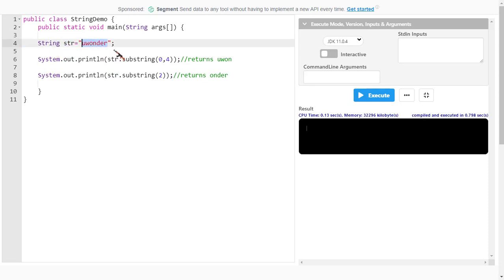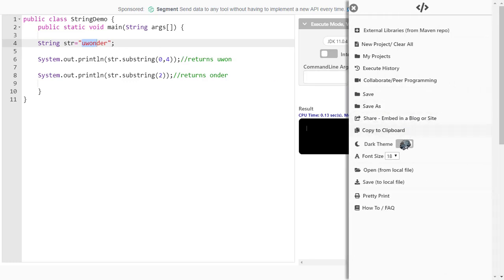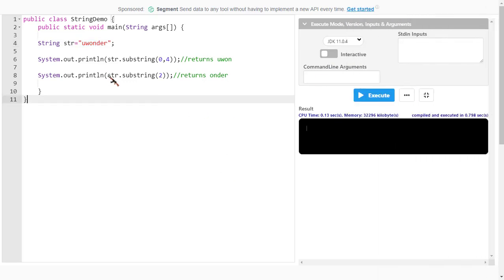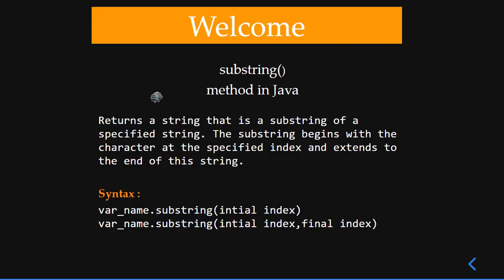Now I want to extract some part of "uwonder", and print just "uwon". So how can I do that? We can do this with the help of the substring method. As we saw in the syntax, first we specify the variable name, meaning our source string, the string from which we want to extract some part.